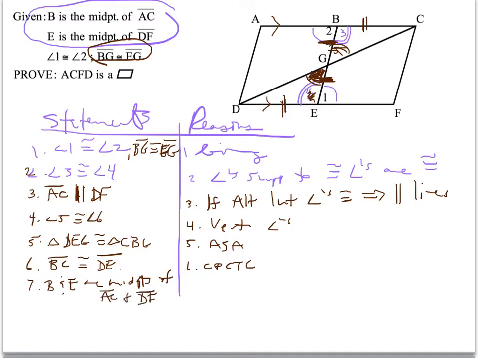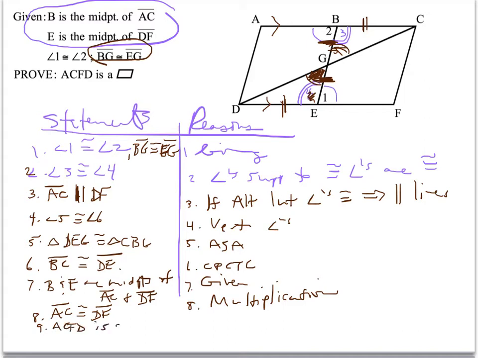Now we haven't seen this for a while, but what you should know is that now line segment AC is congruent to line segment DF by multiplication. If you're not following that, you need to go back and review multiplication. And then, of course, number 9 is our proof step. ACFD is a parallelogram, and the reason being one pair of opposite sides of our quadrilateral